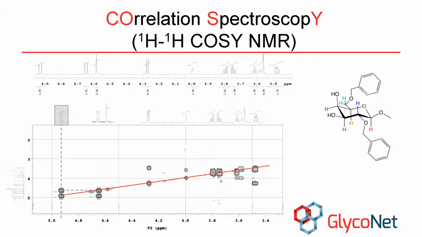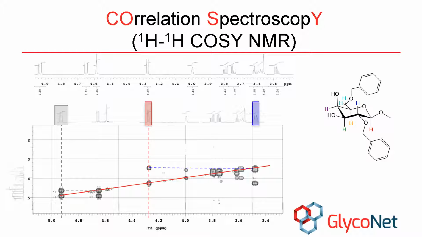We know from the one-dimensional NMR that the hydrogen in the anomeric position should be a doublet, but the proton in position 2 should be a doublet of doublets due to the two chemically inequivalent hydrogens that neighbor it. For this reason, we know that neither the peaks at 4.9 or 4.6 parts per million are due to our anomeric proton. Moving to the next peak in the spectrum, we see a doublet at approximately 4.2 parts per million,